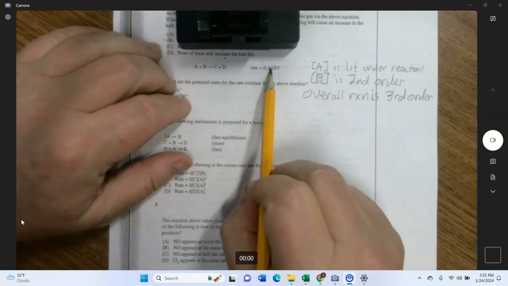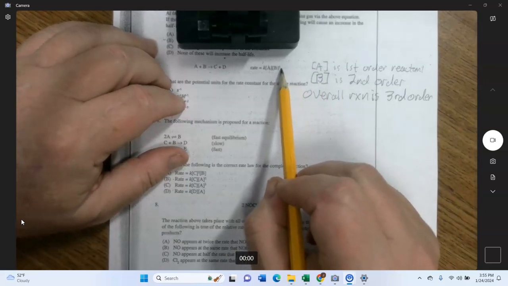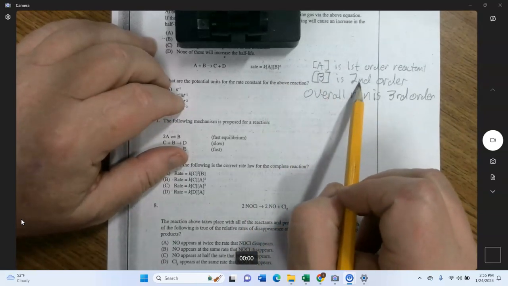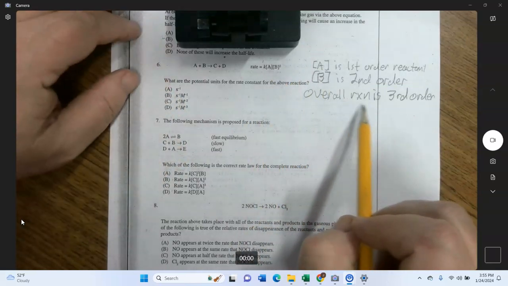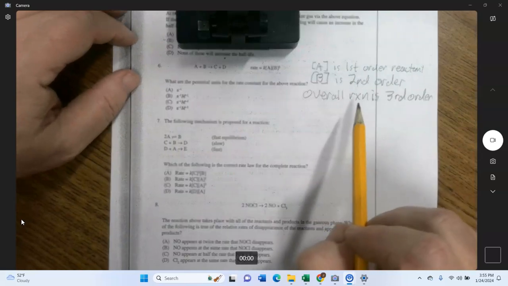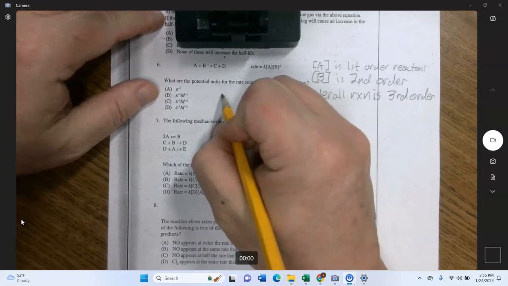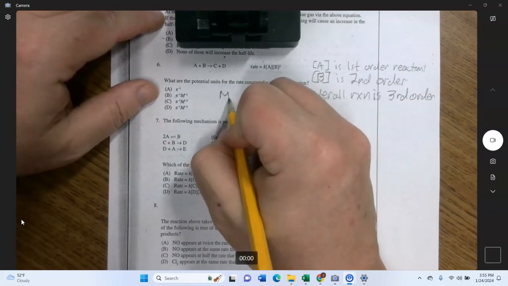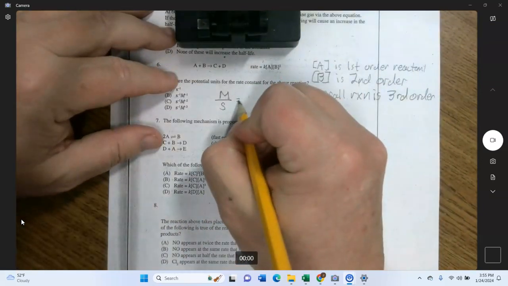Okay, so the exponent is what determines the order. A has an exponent of 1, so it's first order. B has an exponent of 2, so it's second order. And you add those two together, 1 plus 2, that gives you the order of the overall reaction, so it's a third order reaction. So let's come over here and write the units for a rate. These never change. Molarity per second. It's how much you're using up, you're consuming your reactant solution per second. Okay, that's going to equal K